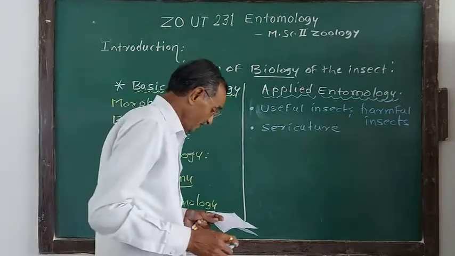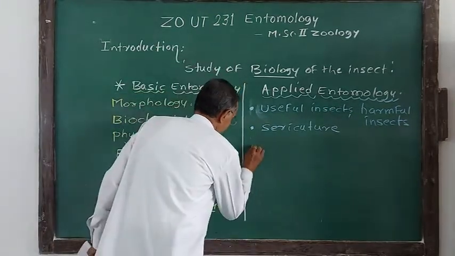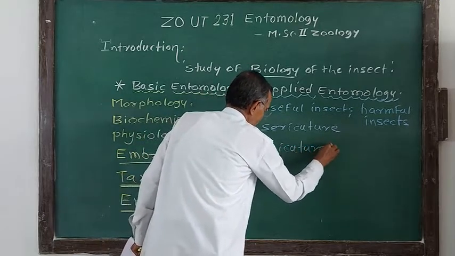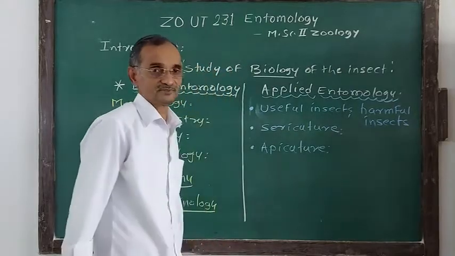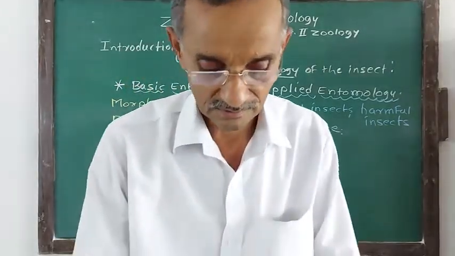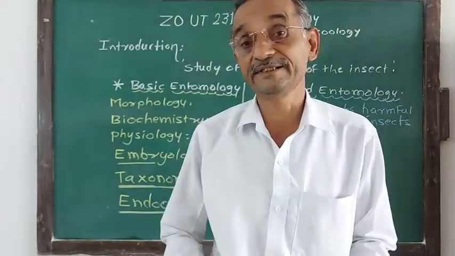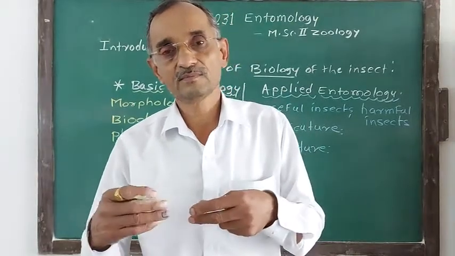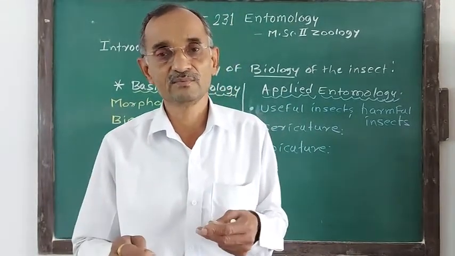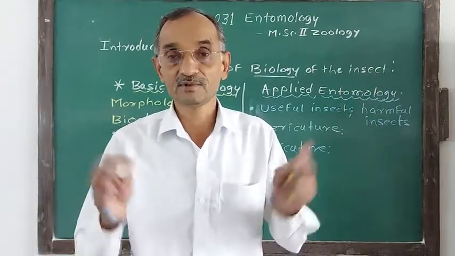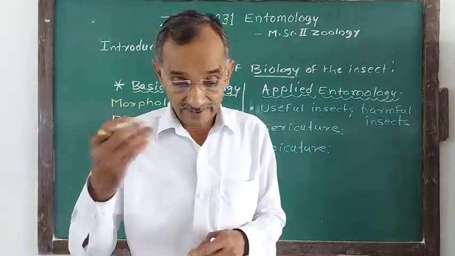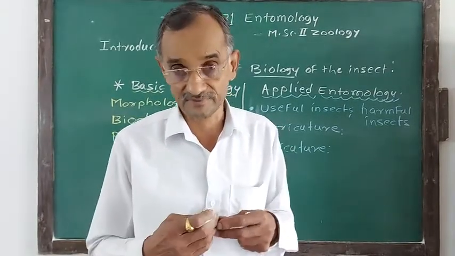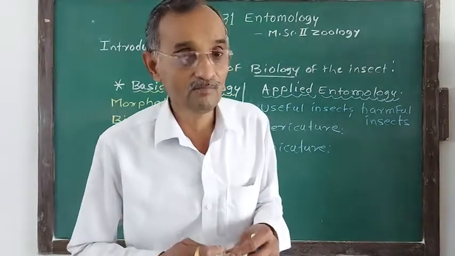Now, apart from sericulture, you have studied apiculture. All of us are familiar with these things. Insects like the honeybee produce honey. Not only honey, but a number of products such as beeswax and bee venom, different things which are essential for human welfare. The honeybees collect the honey from different flowers and store it in the honeycomb,